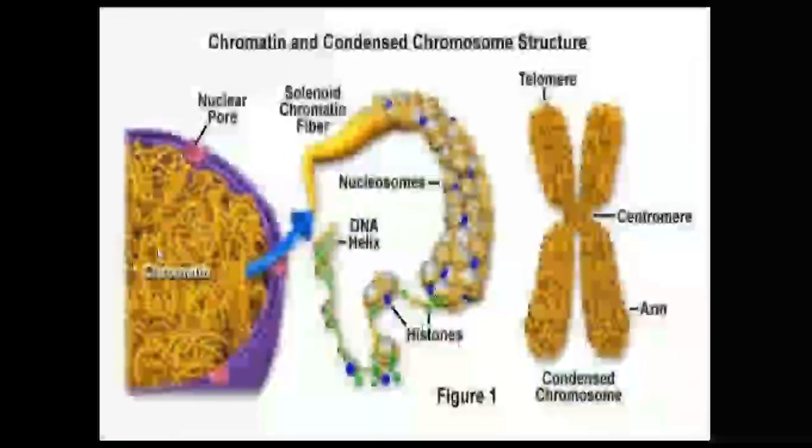And we have already seen that this is chromatin, which is present in the nucleus. Here this chromatin is condensed into chromosomes. This is a nucleosome, which contains histone proteins and DNA. And this is a chromosome. Here the chromosome has a centromere and telomere, and this DNA will be packed and condensed at these regions.